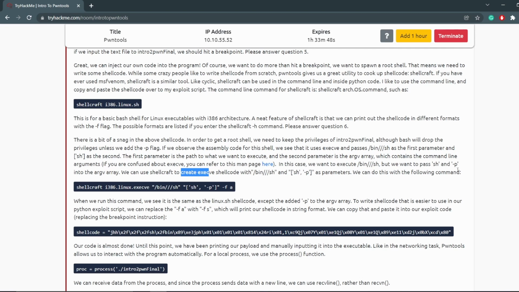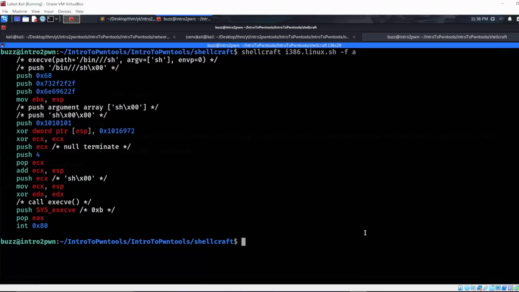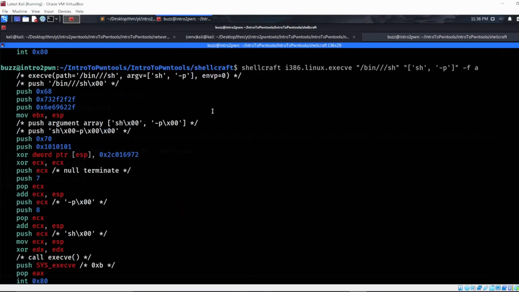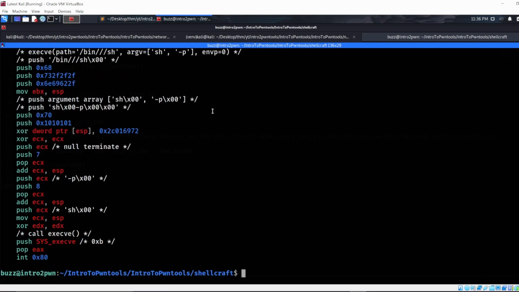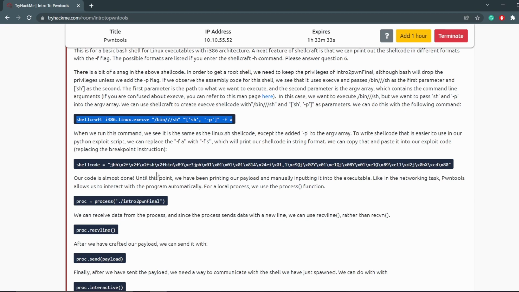We can do this with the following command. Okay, let's try run that. There we go. That is assembly shellcode. Interesting. We can run this command. When we run this command, we see it is the same as the linux.sh shellcode, except the added -p